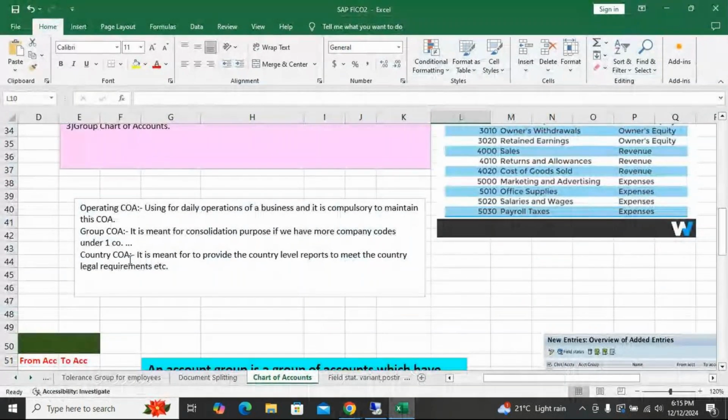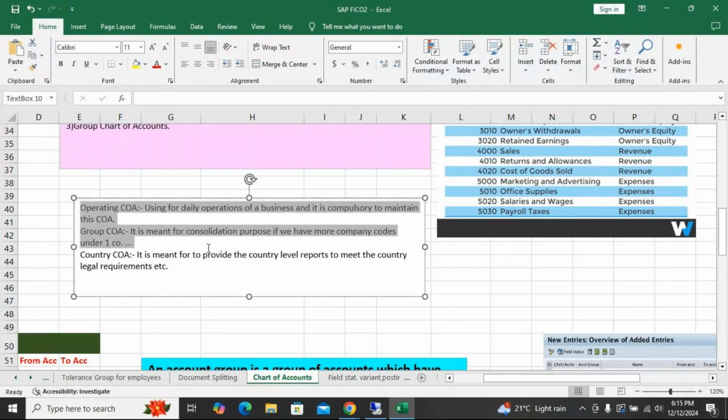Country specific chart of accounts is meant to provide country level reports to meet the country's legal requirements. This is the third type. In SAP FICO we are using two: operative chart of accounts and group chart of accounts. Country specific is only for legal requirements.